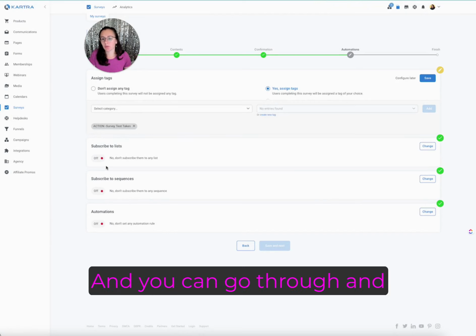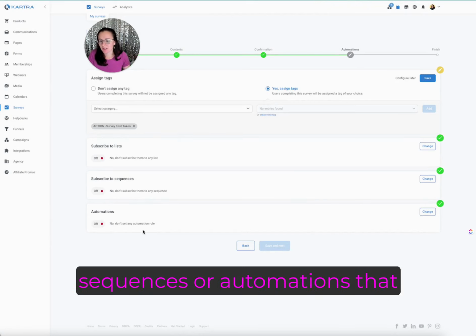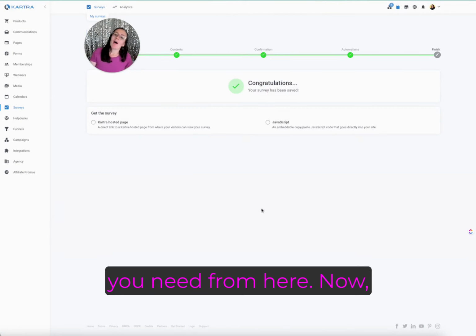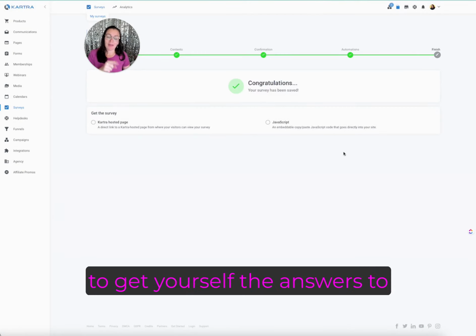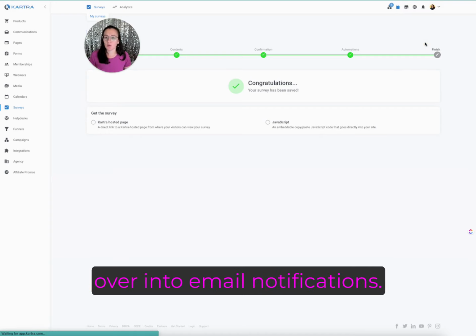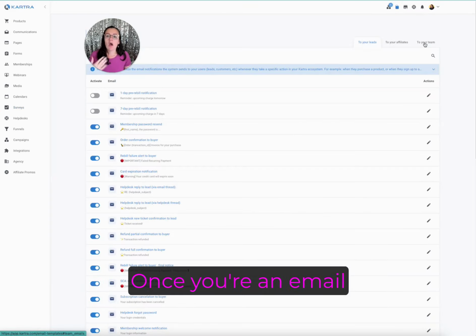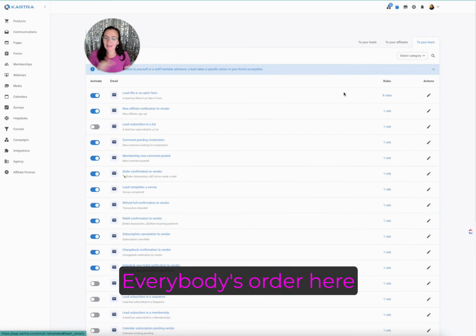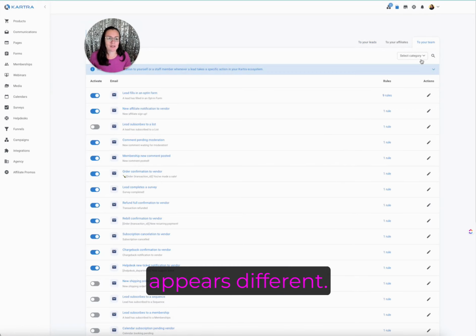Perfect. And you can go through and complete whatever other lists or sequences or automations that you need from here. Now, to get yourself the answers to the quiz that they took, we need to navigate ourselves over into email notifications. Once you're in email notifications, hit into your team, and everybody's order here appears different, so I